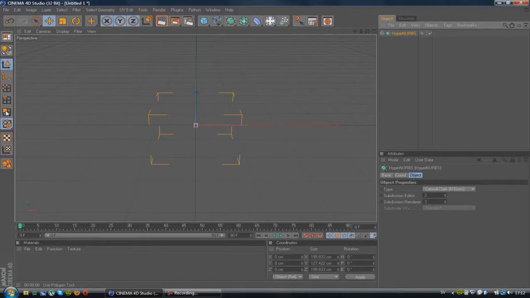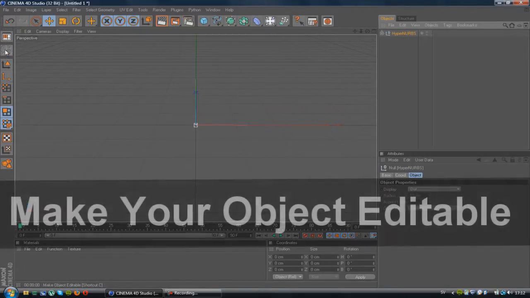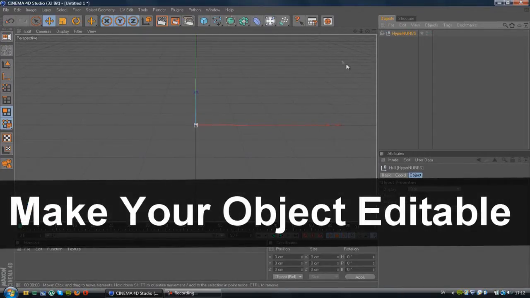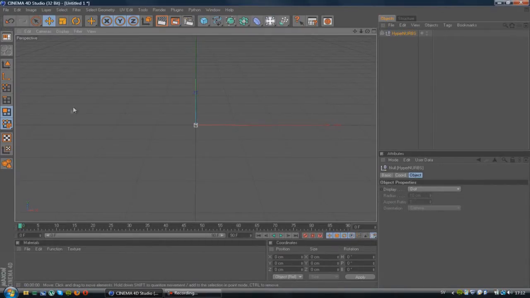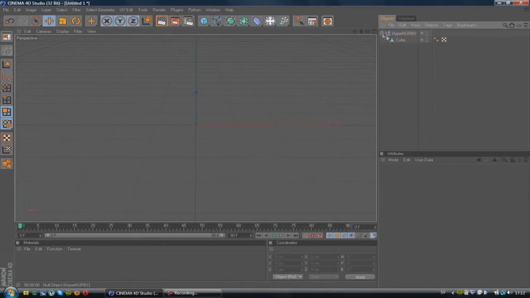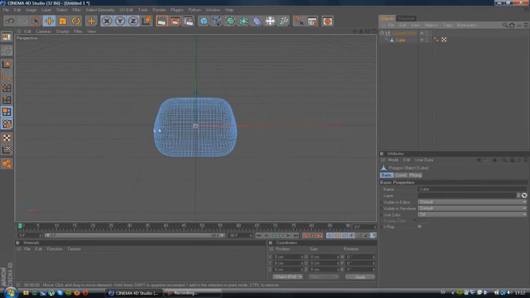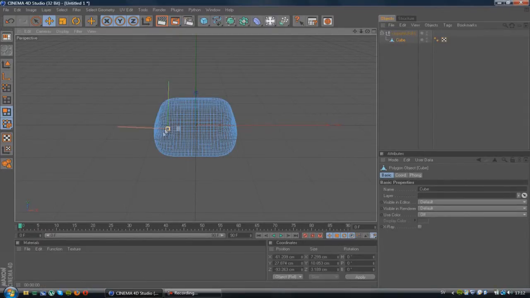So press down here on this box thingy, I don't know what it is really, and press editable. This makes your object editable, so you can edit it basically. Now it still looks the same. Let's do it like this. Get down here, press the cube, and what we can do now is select